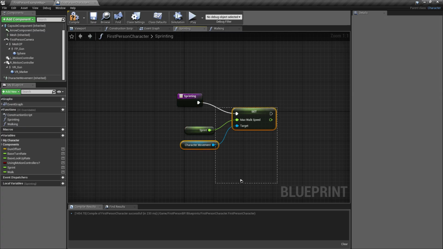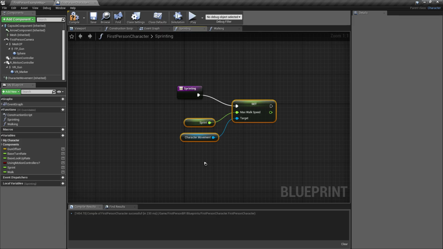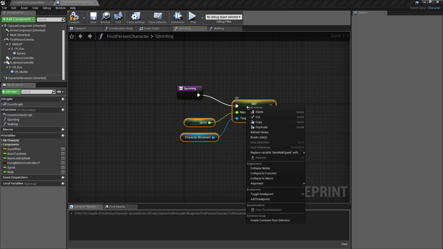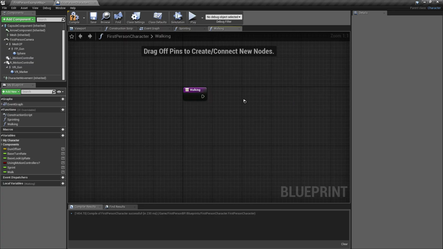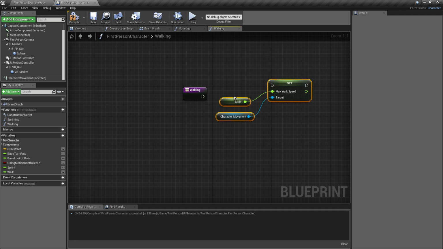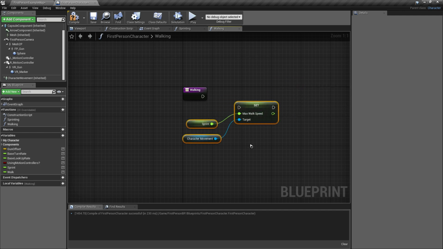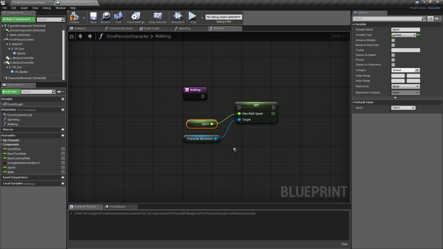To make it faster, we're just going to copy these nodes to our walking function. Just copy the nodes, and let's head to the walking function. Just paste the nodes here. The sprint variable, we don't need this.